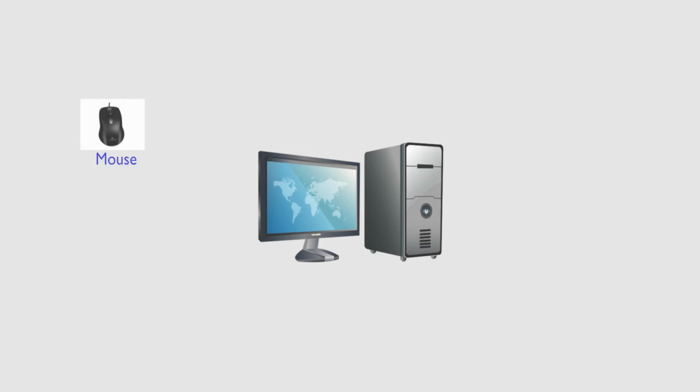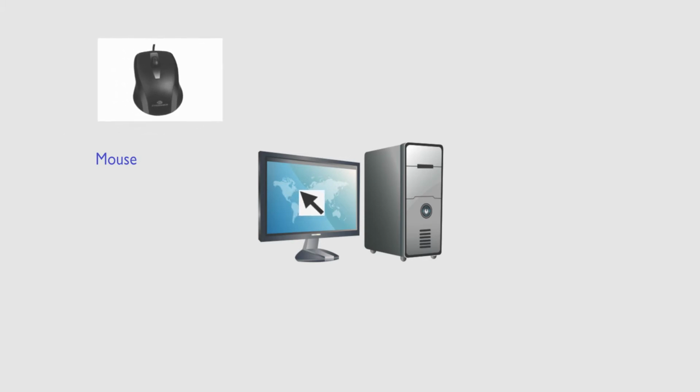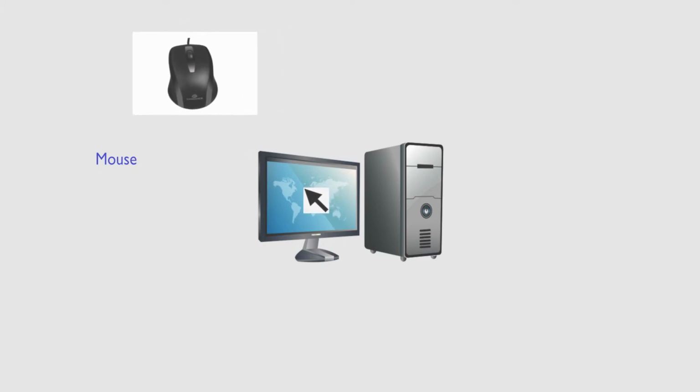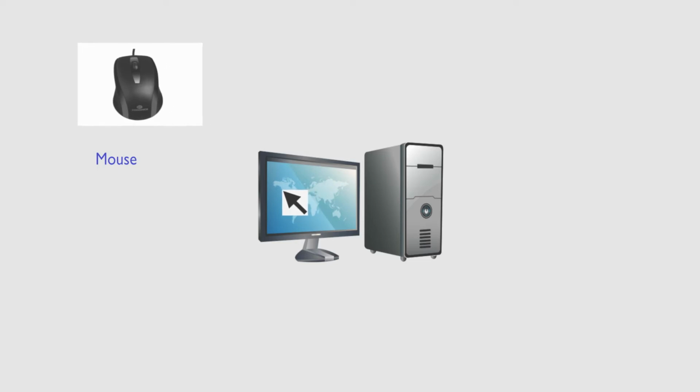Mouse. Mouse is the most popular pointing device which interacts with the computer through a process known as point and click. When a user moves the mouse on the mousepad, the pointer moves in the corresponding direction on the computer screen. A mouse has a round ball at its base, or an LED and photoelectric cell, which senses the movements of the mouse and sends corresponding signals to the CPU.